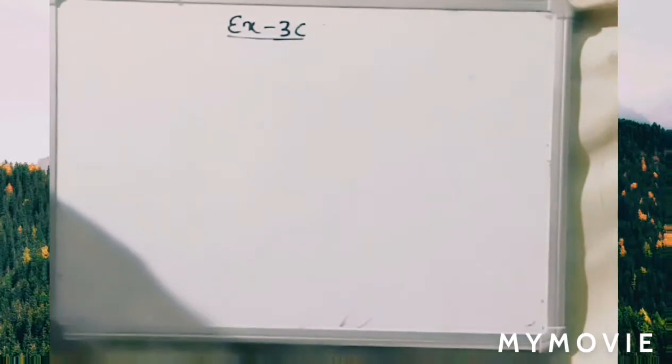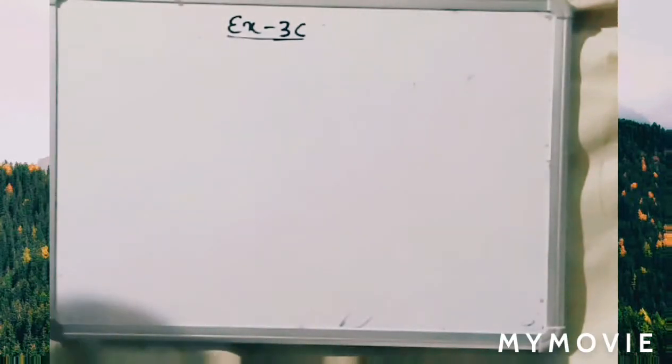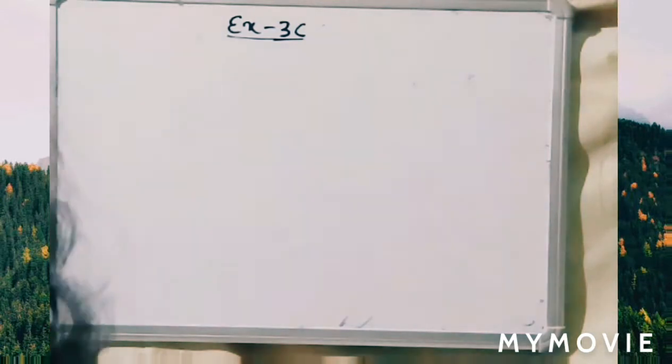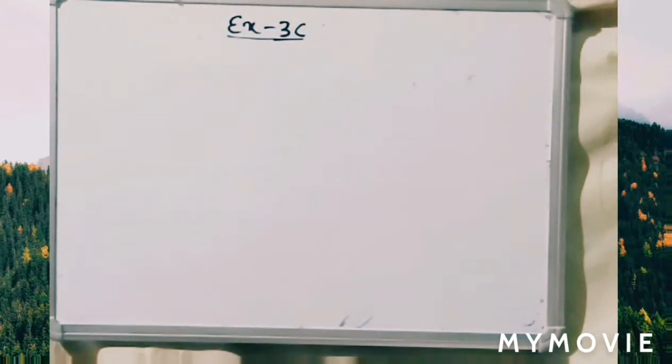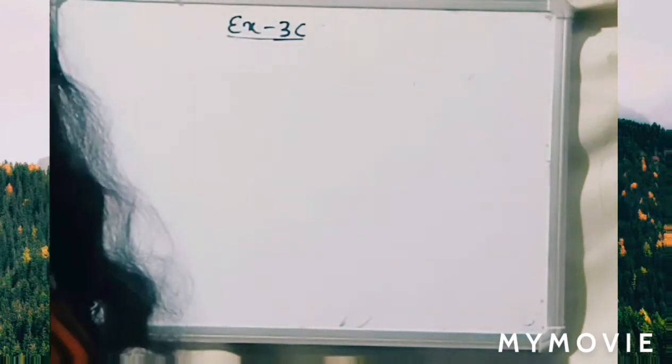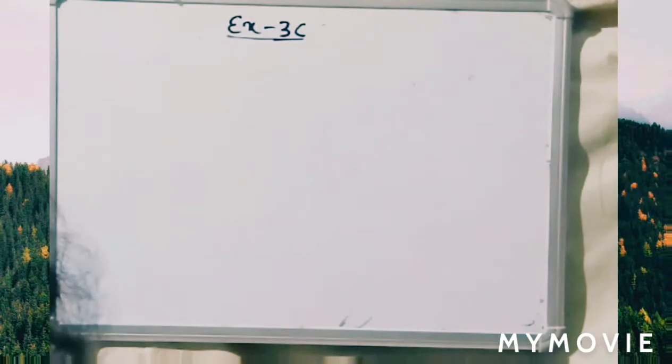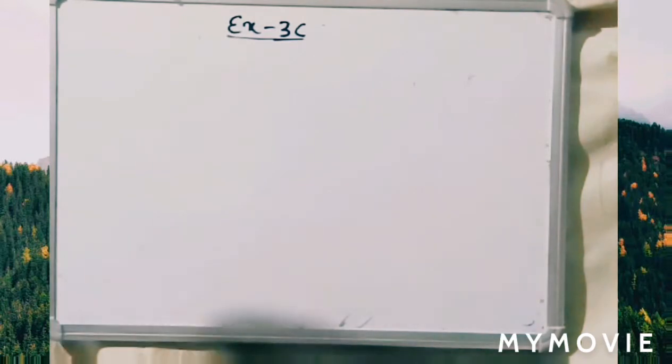Now, next question. What should be subtracted from to get these? These questions you have done in your exercise 1A also. But where does the difference lie? At that time no fraction number was there, but here you are getting fraction numbers. So question number 4 and 5 you can do. If I ask what should be subtracted from 10 to get 5, obviously you will say 5. How did you get it? You subtract 10 minus 5. The same way you will do question numbers 4 and 5.